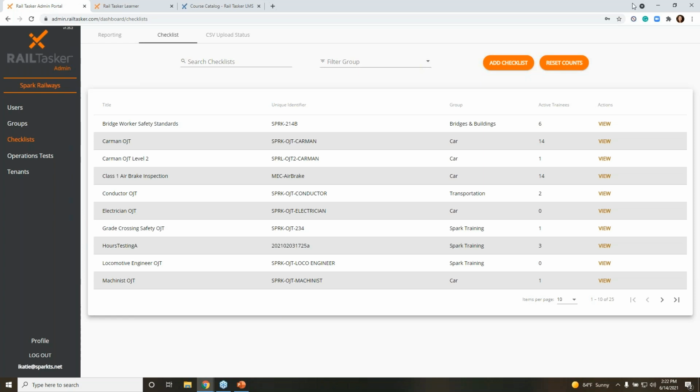The same thing with Part 214. Chances are you have operations tests on track safety and RWP, but now if you're using it for periodic oversight, you may need additional tests on things like bridge worker safety and Subpart D, the roadway maintenance machine standards. Just a couple notes on that because there's some nuances there that I think didn't stand out to any of us until more recently. I really just wanted to make sure everybody had the next steps for 243 as far as instructors and grandfathering people in.